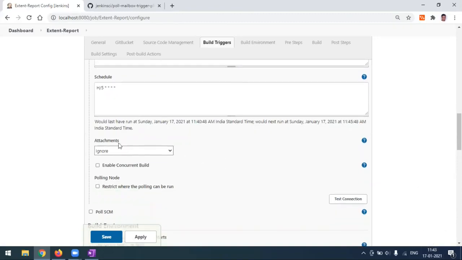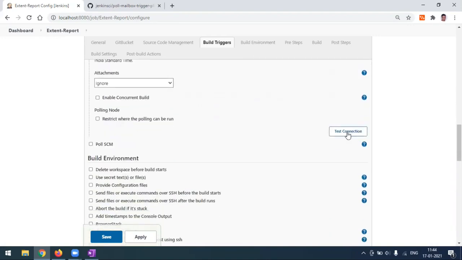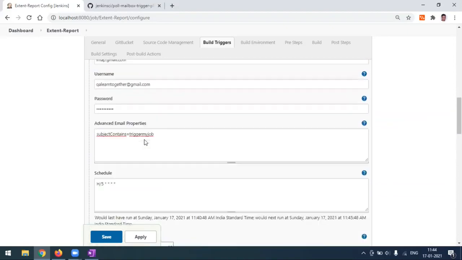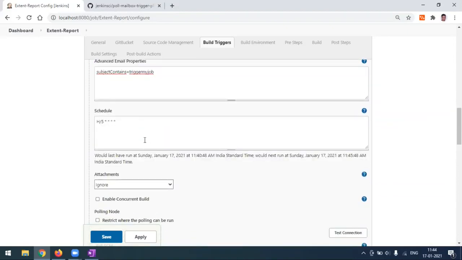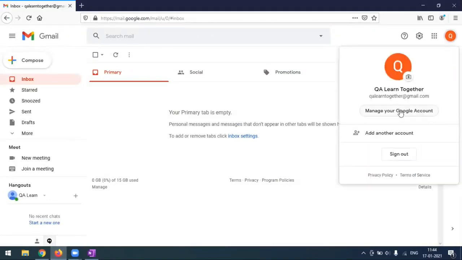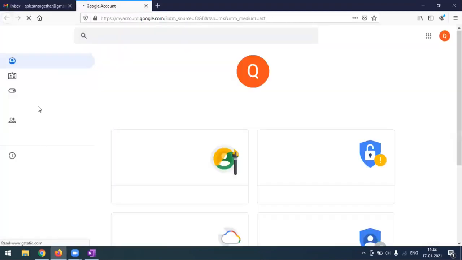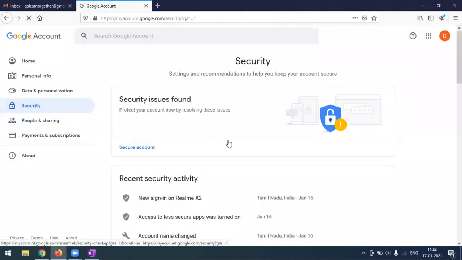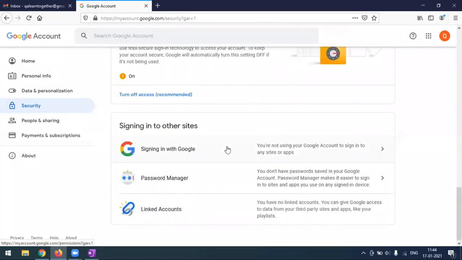So after this, you don't have to do anything here. Once this is done, you can click on test connection, right? We have to make sure our configuration is connecting to our email ID or not. Before this, you have to go to your email account. So go to your Gmail and go to the manage your Google account option. Here, by default, the security tab, right? When you go down, you can see